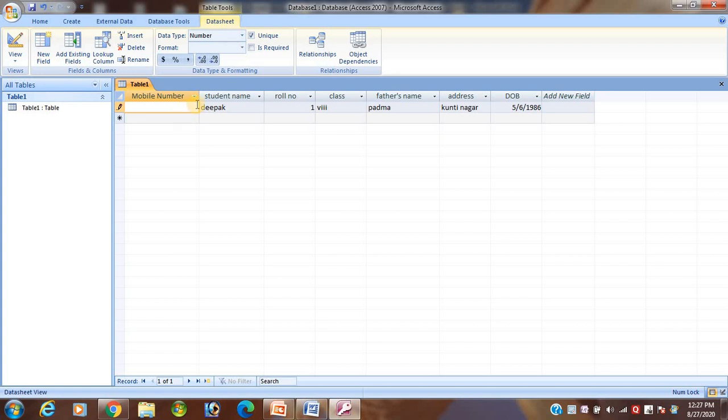Okay, suppose I want to give the, okay, it has taken now. Next, suppose you take any one 9 4 3 8 5 6 1 7. Okay student, next one I want to give Kumar, roll number 2. Suppose here student I want to give 8 digits. Okay, it is also taken because I have given the text. Then father's name, see Charan. Okay student, same Kuntinagar. Okay, and the same student.